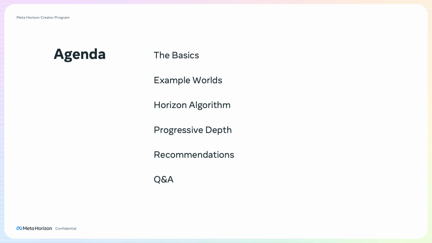So how much does a user know about your game? When you go viral, they don't know as much. So how do you grow that depth over time, but also make it not required for the new users who are showing up en masse? Then I'll have some recommendations for you. And then at the end, we have time for Q&A. So we'll just keep on jiving.